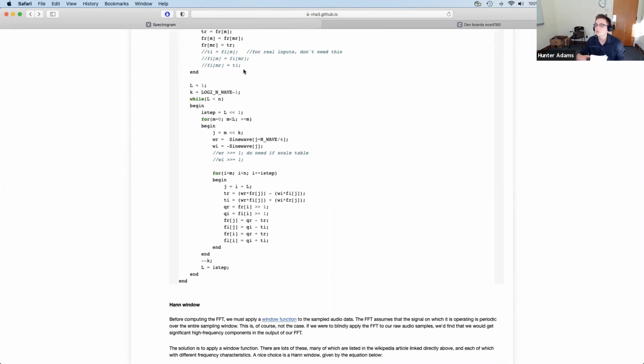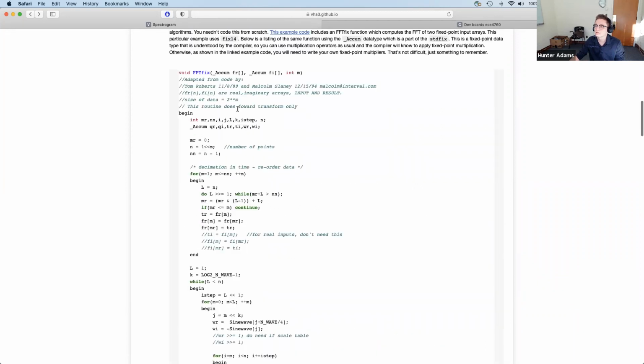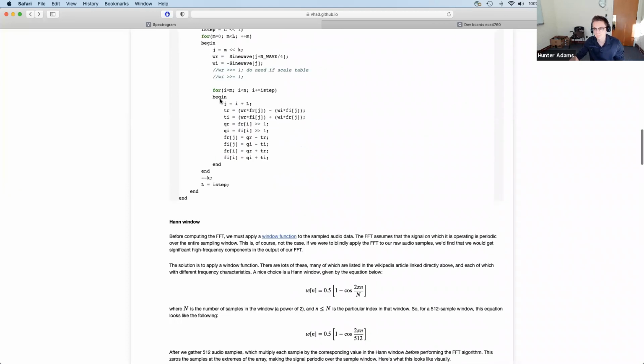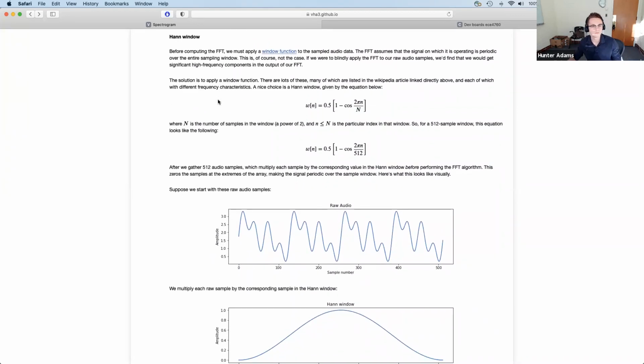What you will then do in your code, well, actually, let me take a moment and talk about something else first. Before you pass this array of samples to the FFT, you need to window those samples. And there are many different options for how to window your samples. But generally speaking, what this is for is